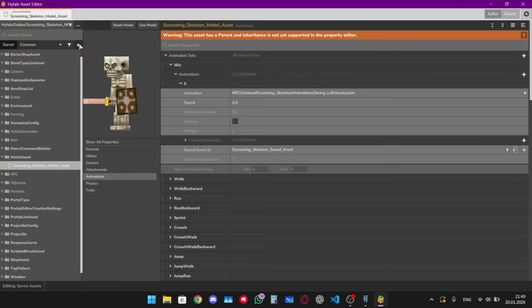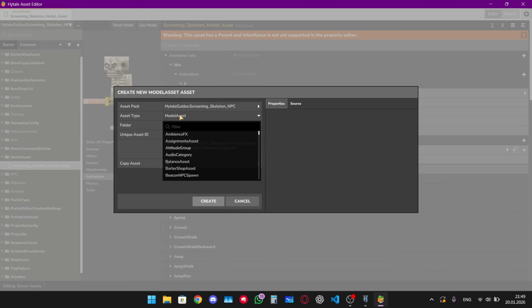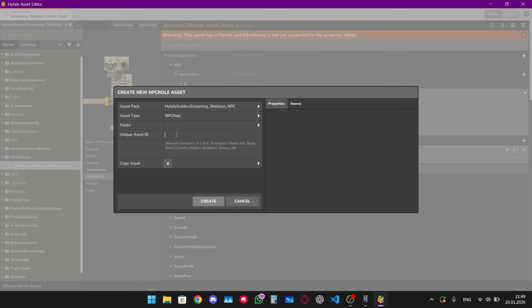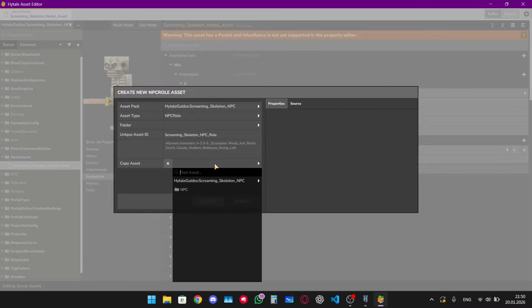Let's go over to the plus button. For the asset type, search for NPC, select NPC role, give it a unique ID, let's say screaming_skeleton_NPC_role, and we're gonna copy an already existing asset. This part is very important. When you copy the NPC role asset,